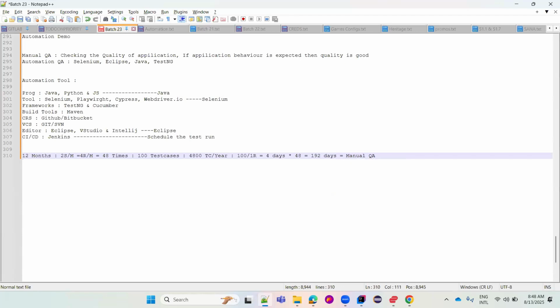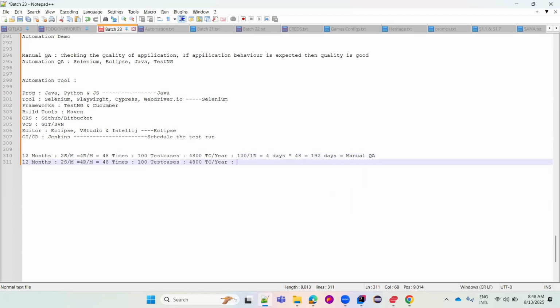So let's imagine the same scenario for automation QA. What will happen here? Same thing up to here. We have 100 test cases, right? For each repetition, first of all, we need to write the scripts for the 100 cases. Only a single resource is there.